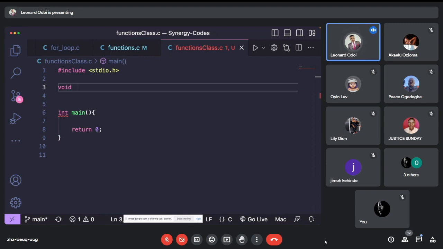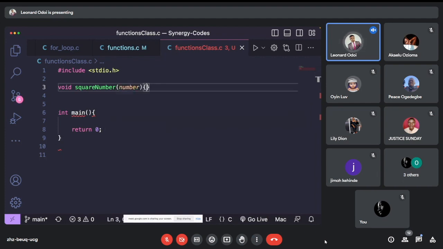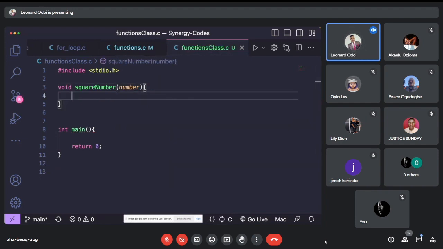Let's remember that you're supposed to use descriptive names for your functions. We're going to calculate the square of a number, so let's call this function squareNumber. Make sure your functions and your variables are always descriptive. Since we're going to square a number, we need to provide a parameter. That is the number which we will be inputting to be squared. So let's call this number. When we are done, you bring your curly braces, and then your code goes into the curly braces of